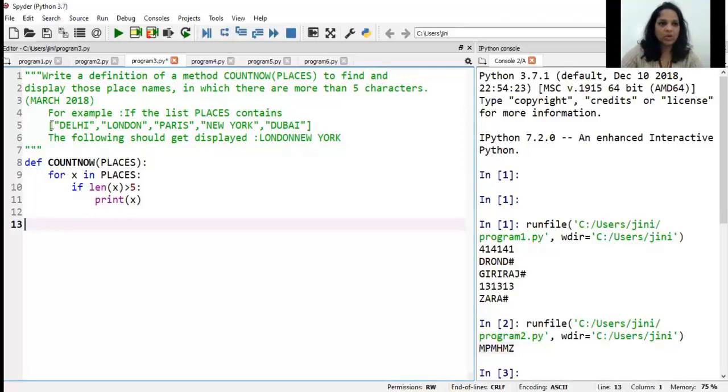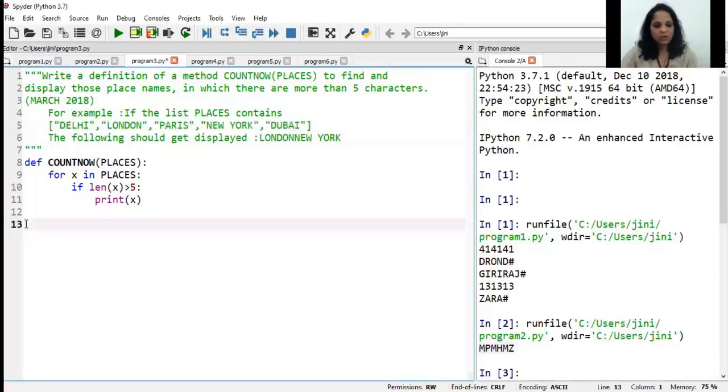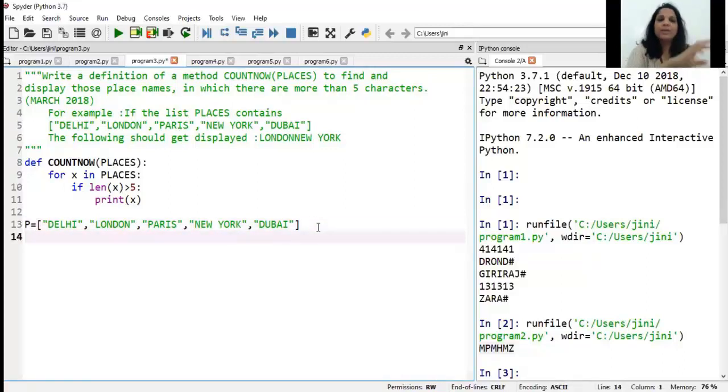Is it correct? Okay, so let me take this given question itself and let me call it as P is equal to. So I have created a list named as P. Program execution will start at line number 13. So I've created a list named as P, and P has a list of place names. Okay, now I'm supposed to be calling that function. What was the name of the function? Count now. In bracket, I have to pass these places list, and wherever I stored the places list in variable